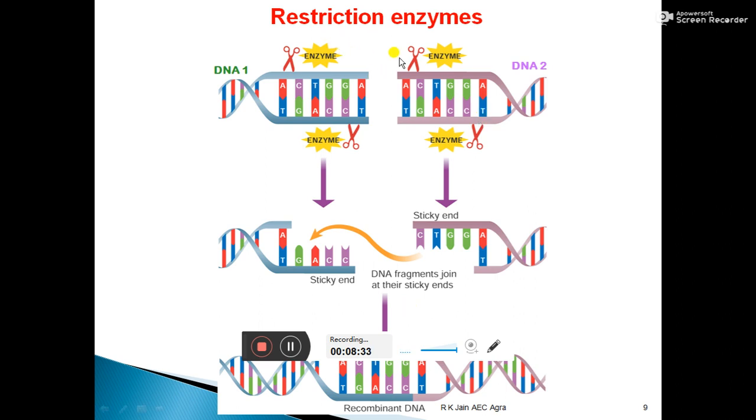This PPT gives you an illustration of how restriction enzymes work. This one is DNA 1. We can say this DNA is the source DNA and this one is the host DNA. These restriction enzymes cut the DNA at a specific site. Restriction enzyme A is cutting the DNA from here, and restriction enzyme 2 is cutting the DNA from here. When the enzyme cuts here, it cuts both strands of the DNA. After incubation, the DNA strands will look like this. When we ligate both the strands, the new strand will form in such a way.